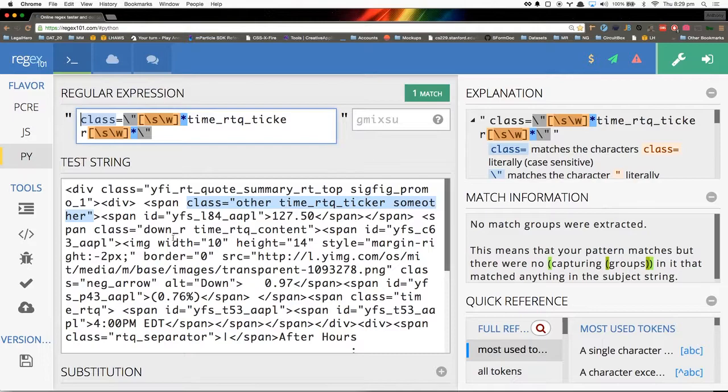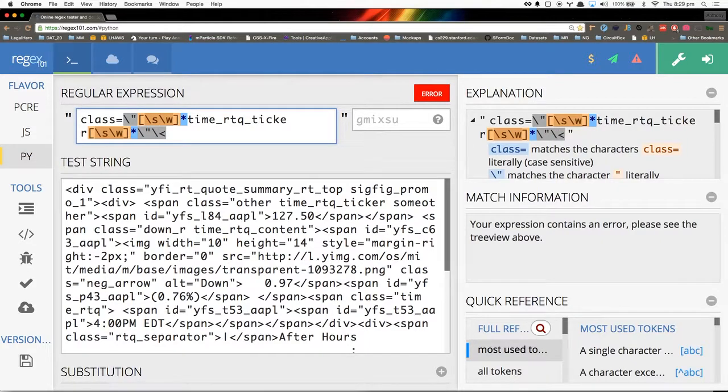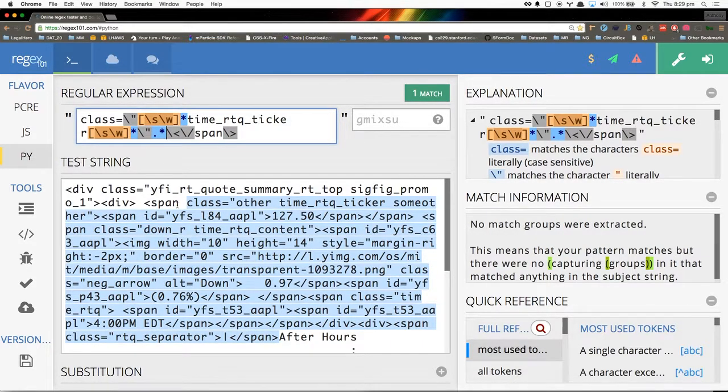Now I can expand that further, and this sort of stretches the limits of what we can do with regular expressions. But I can also put a span here. And it would basically match as much as I could within the span. So it gets a little bit confusing, a little bit hard to read, but basically I'm including everything that I included previously, but I'm globbing as much as I can within the rest of the document.